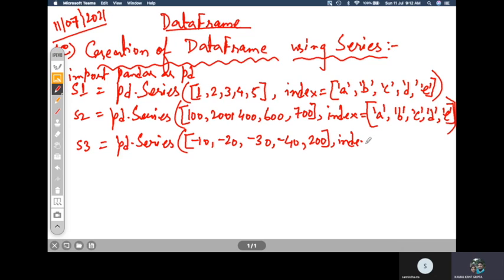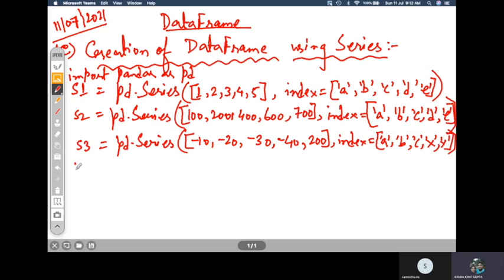And then your index can be like this, A, B, C, D, or you can have a different index. Say for example, if you want to place another index, apart from A, B, C, D, you want to place X, Y, Z. So let us see what will happen.